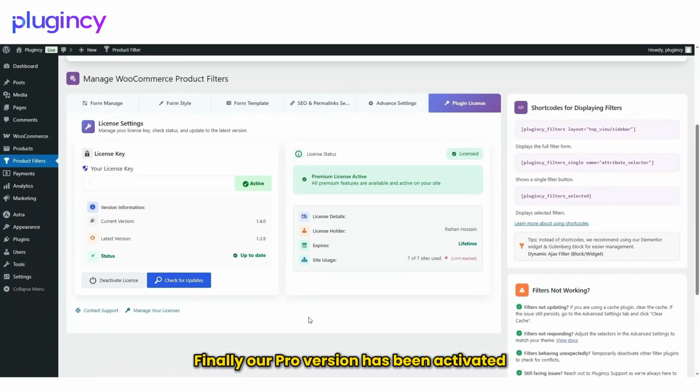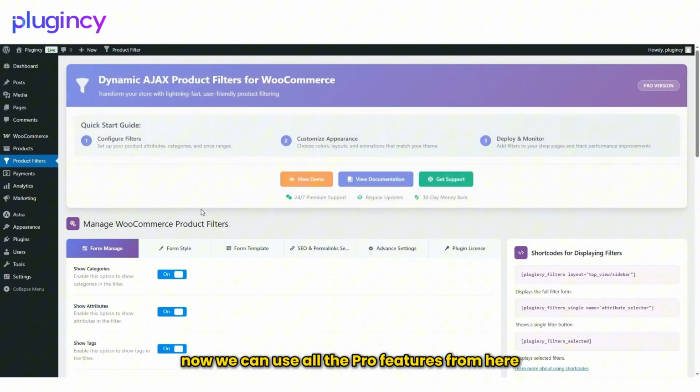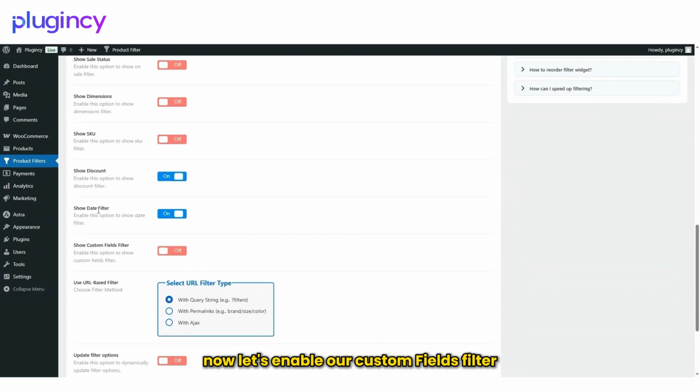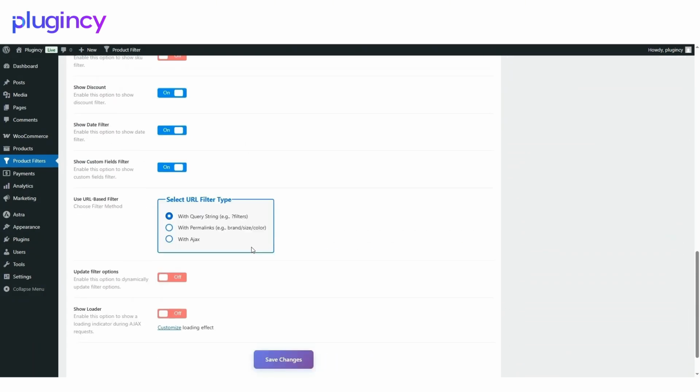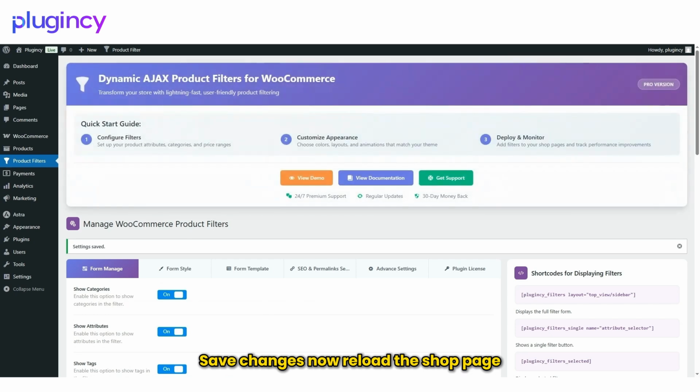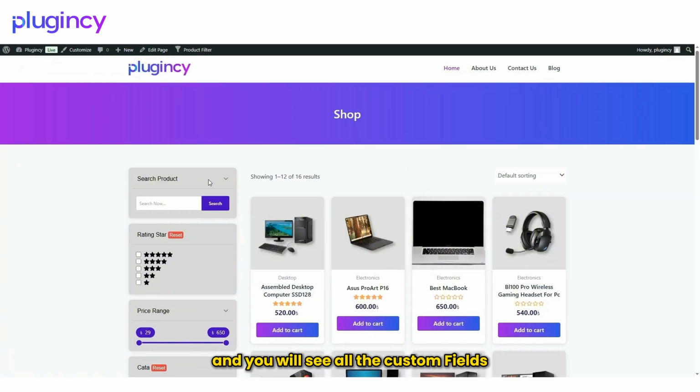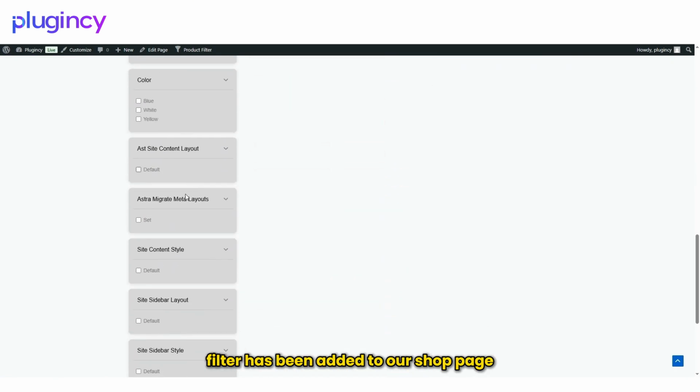Finally, our Pro version has been activated. Now we can use all the Pro features from here. Now let's enable our custom fields filter. Save changes. Now reload the shop page and you will see all the custom fields filter has been added to